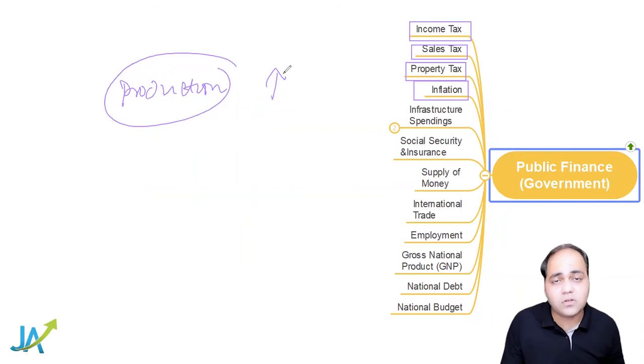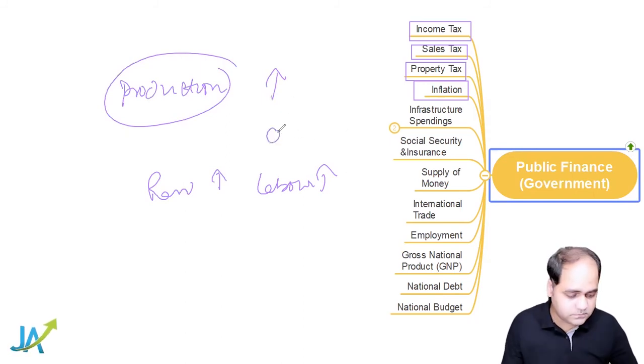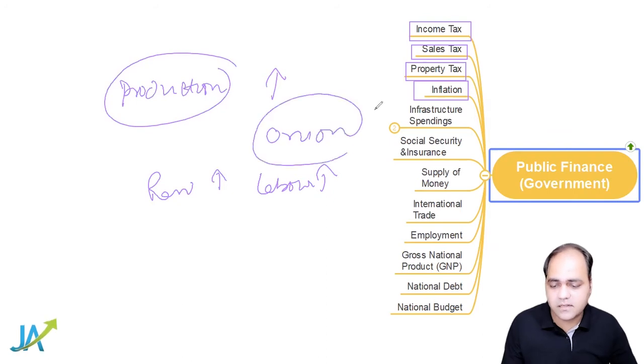And if you have costly raw material or labor, the price is high, then the inflation goes up. Higher demand for any specific goods and services also makes the inflation go high. For example, right now, onion is highly in demand, and that is why it is also impacting the inflation. So many other goods and services, if they are in high demand, then